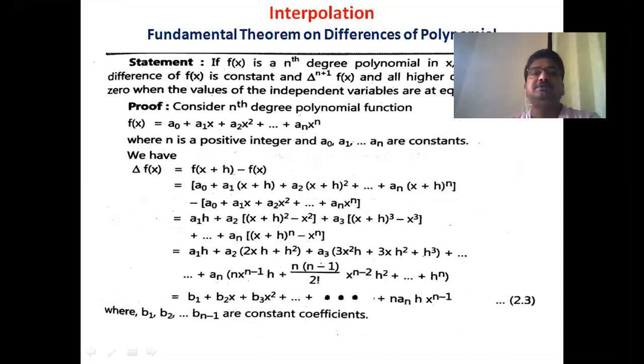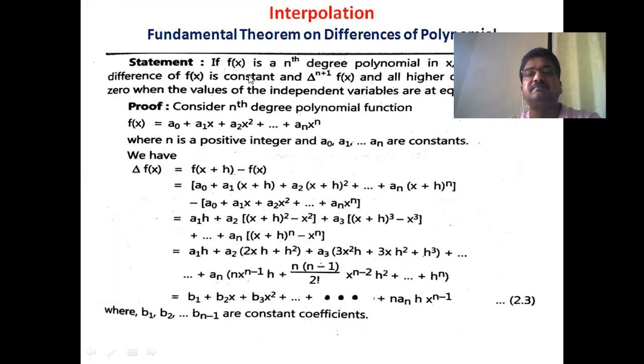Today the topic for discussion is the fundamental theorem on differences of a polynomial and missing terms. These two topics are from the chapter on interpolation. So the theorem is: if f(x) is an nth degree polynomial in x, then prove that the nth difference of f(x)